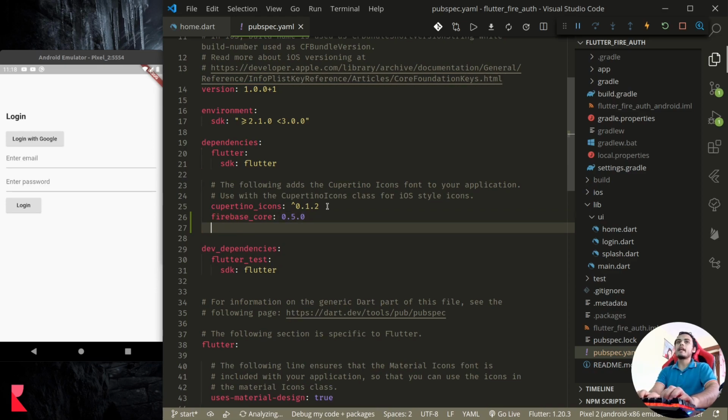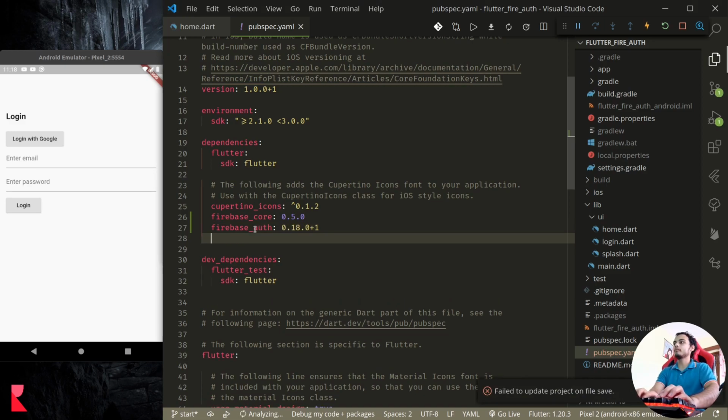Okay, and next firebase_auth 0.18.0+1, and finally google_sign_in 4.5.3. So after adding these, we need to do flutter pub get, which should be done automatically by VS Code